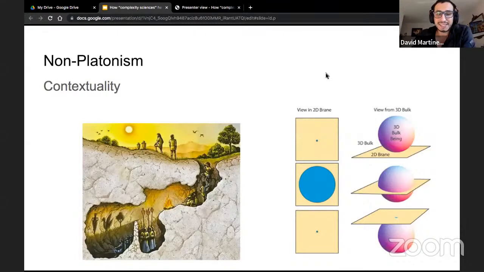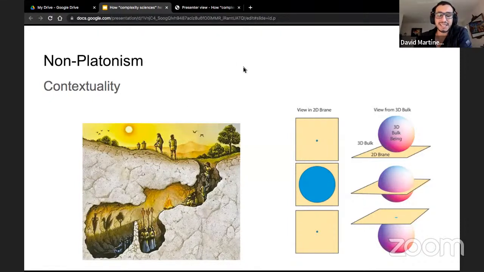Non-Platonism, that means that there's not only one truth for the universe. In the complex systems perspective, we prefer to use contextuality. That means that there can be infinite truths depending on the context we are using. And here I have two contrasting examples.